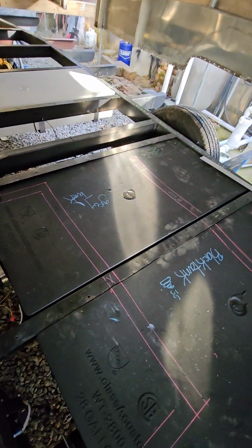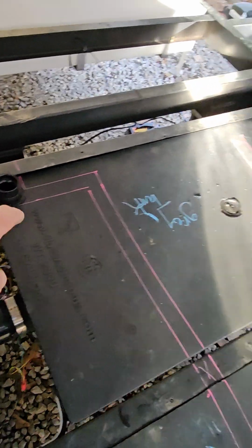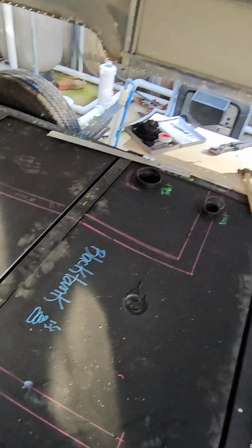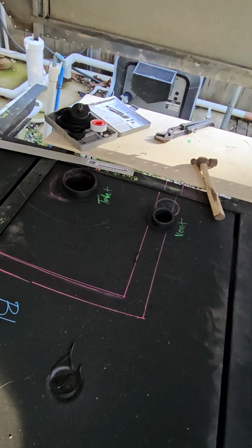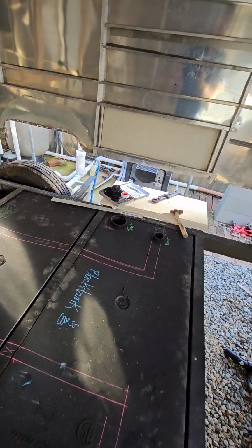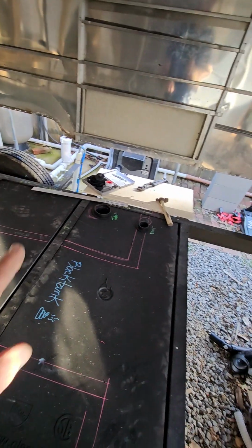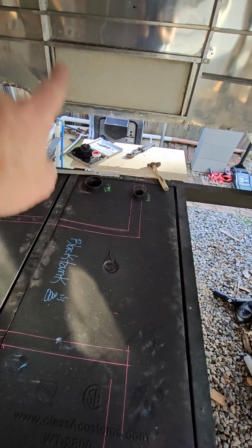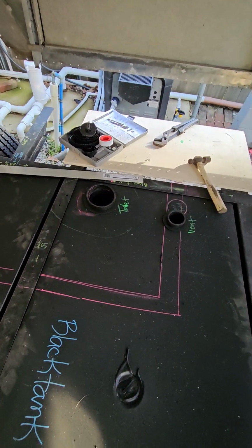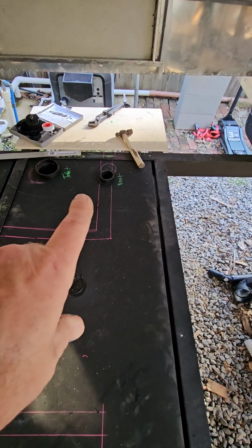And then on the gray and the black, I added the vent and the openings for the toilet. So this, kind of zoom back out, this will be where the toilet is. Toilet, sink over the wheel well, black tank, toilet will drop directly into the black tank. So I've got the 3-inch hole with the rubber fitting in that. This will be the vent for the black,